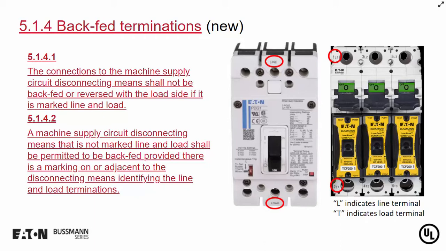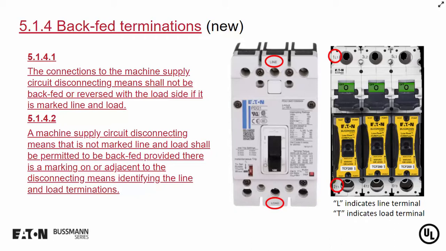And as you can see, when we mark a device, a disconnecting means, such as a circuit breaker, for instance, or a fusible switch, if the orientation of the conductors is important, we're going to have to identify that, either with the terms L, line and load, as you'll see in the picture, or in the fuse disconnect, we can mark it L, which indicates the line terminal, and T, which indicates the load terminal. So we're going to make sure whenever we have these devices, we are going to mark those, we're going to terminate the conductors properly in accordance with those markings. So again, section